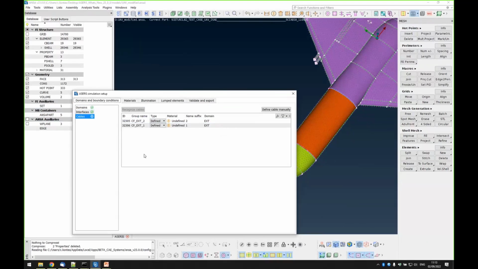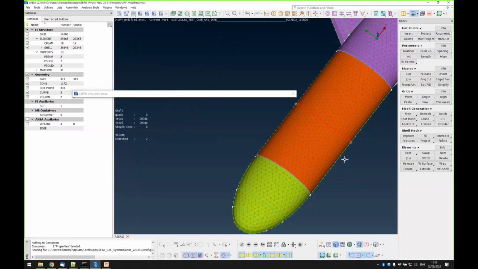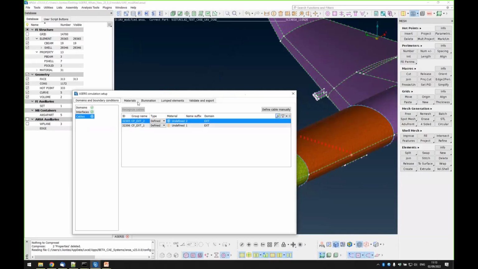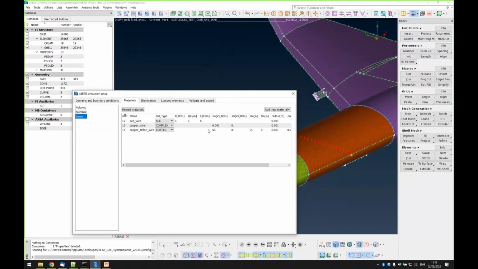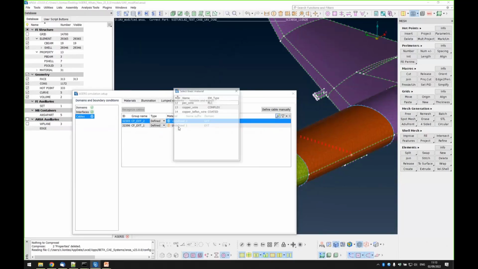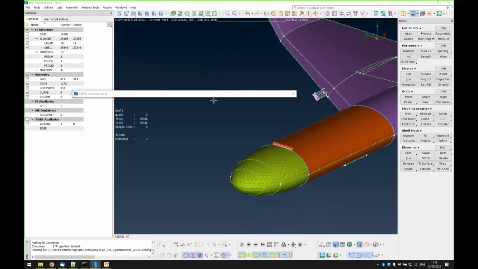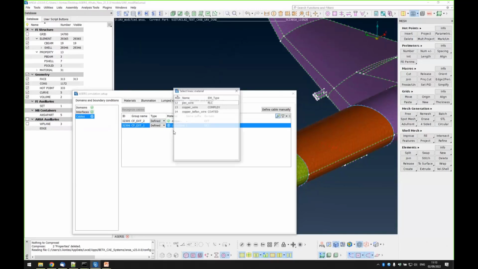Let's recognize the cables. We have two cables here. Let's highlight them. Okay, this is the one cable, which is in the empty compartment in the middle. Let's see what kind of line materials we have. Okay, let's say this is copper wire. And we have the second cable here, which is the antenna. Okay, let's say that this is also copper wire. So we have finished the domain and boundary condition definitions.